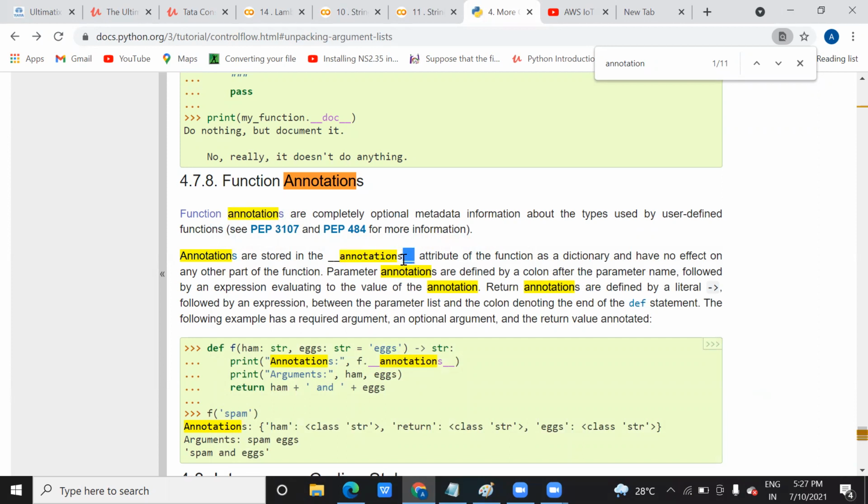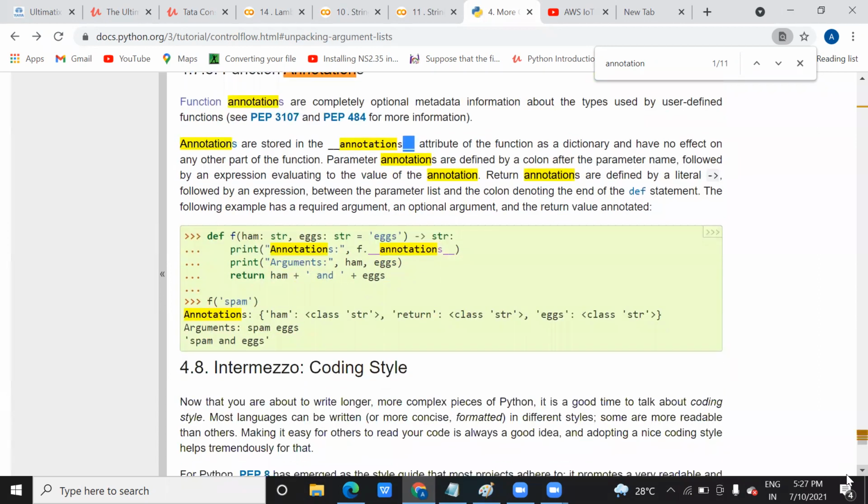What is this annotation? It is telling you the metadata about your function. The function that we are writing, it's telling us what the data actually is. Metadata means the data about data: what the data is, what the function is going to do. That is called metadata. Now, for example, your name, or let's take an example like